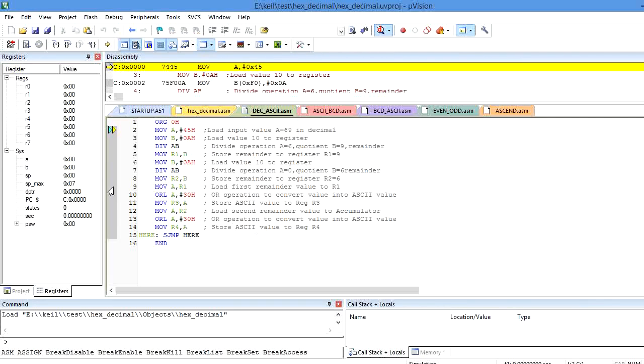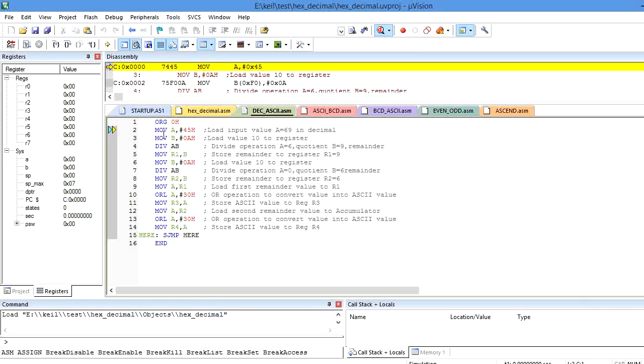Here in our program we are using R1, R2, R3 and R4, and the register called accumulator and register B. Before execution all these registers are 0, where R3 and R4 will contain the ASCII value of the decimal. Now we will explain the program.